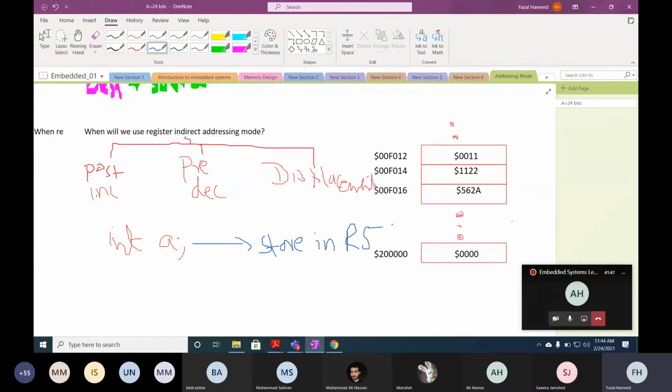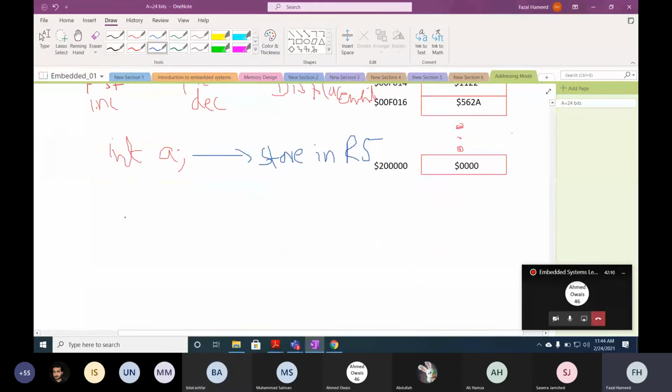That's a question. Because registers have very small space and big data cannot be stored. Yes, you cannot store all the data in the register. So what kind of data structure will you use to store the value in memory? Very good, because we have limited registers. How many registers do we have in this particular architecture? We had 16 registers. So we have only 16 registers.